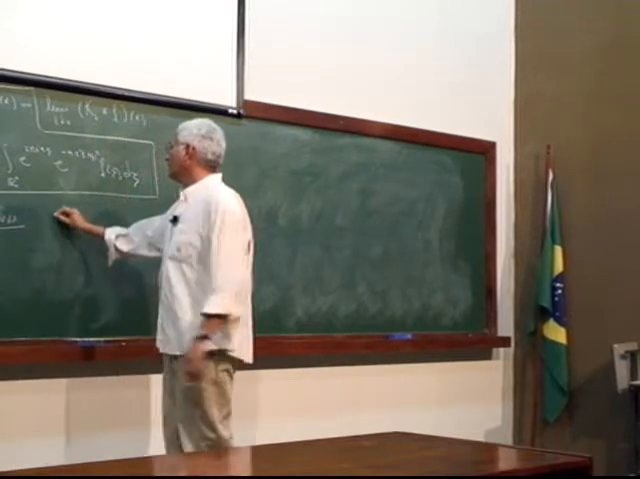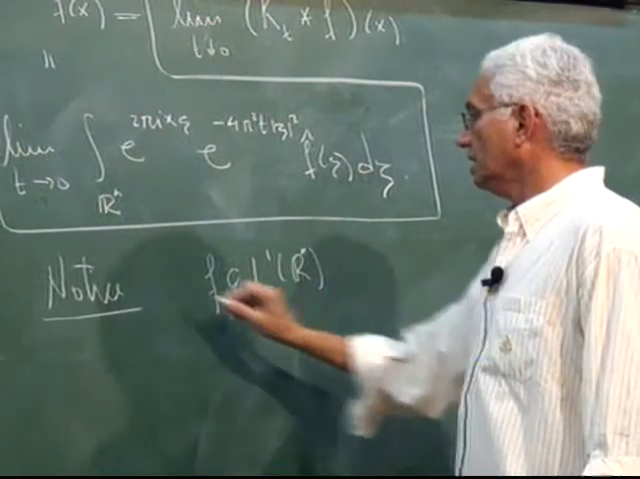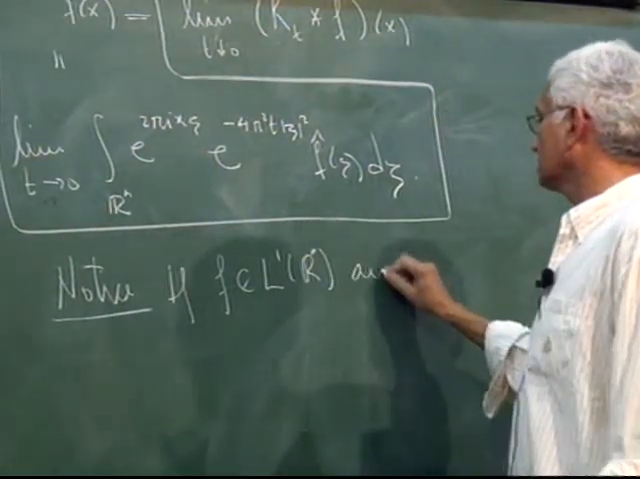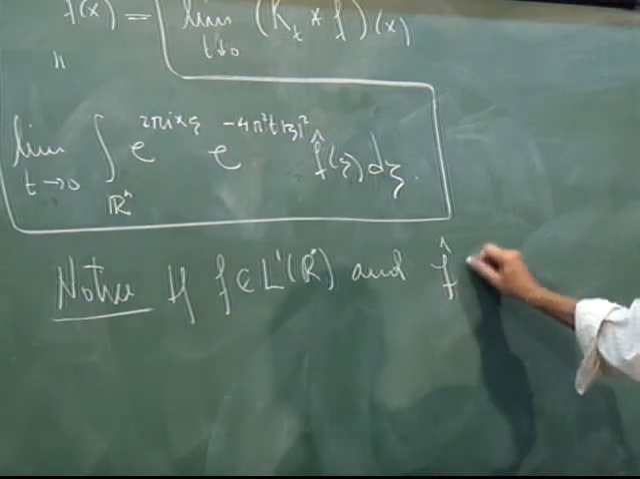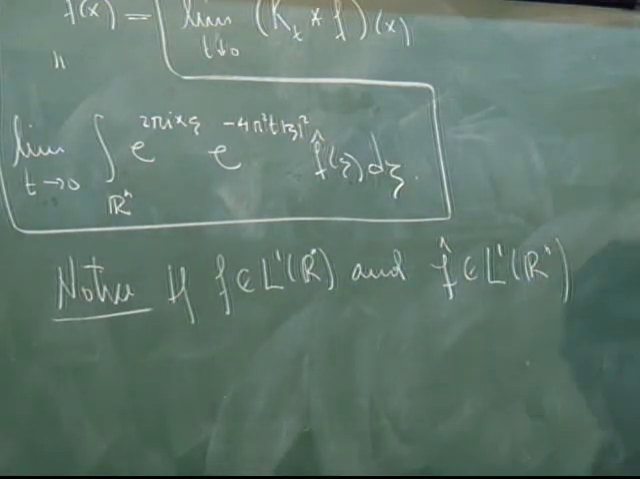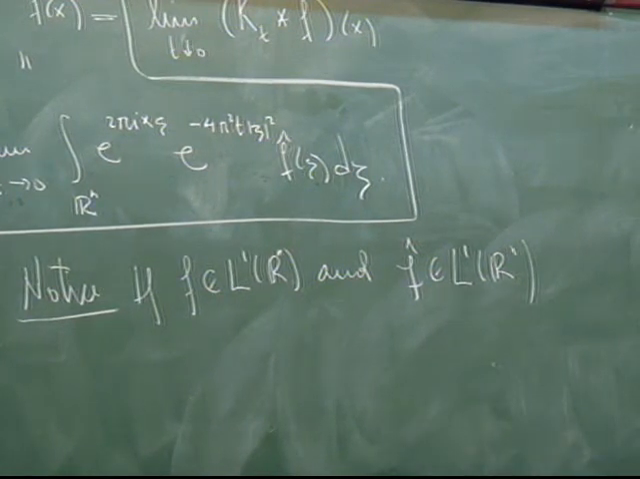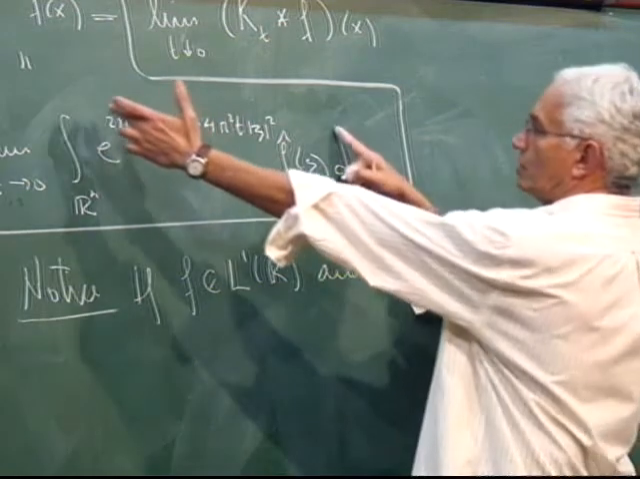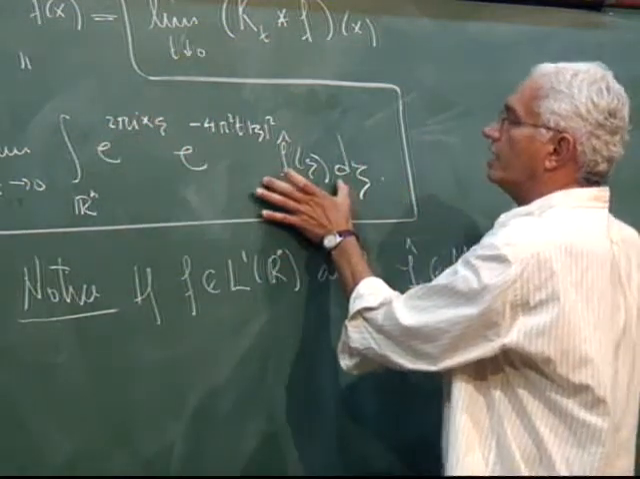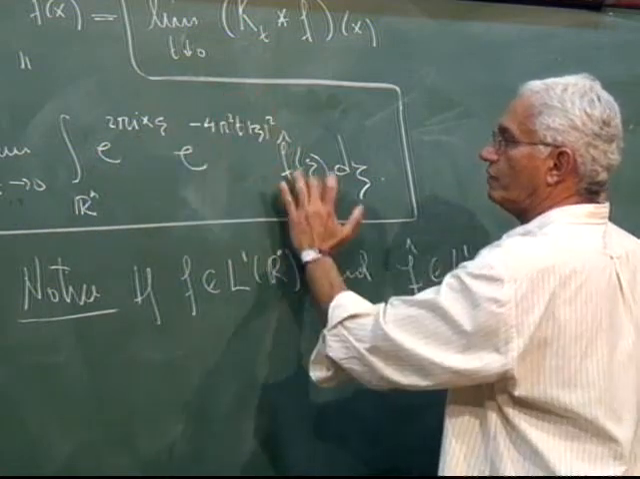What happens if f is in L1 and its Fourier transform is also in L1? Suppose that this is the case. It's not generally true, but suppose that. Then what do you have? You can put absolute value here. This is a function in L1. The limit, when t goes to 0, this is 0. You have an L1 function, so by Lebesgue